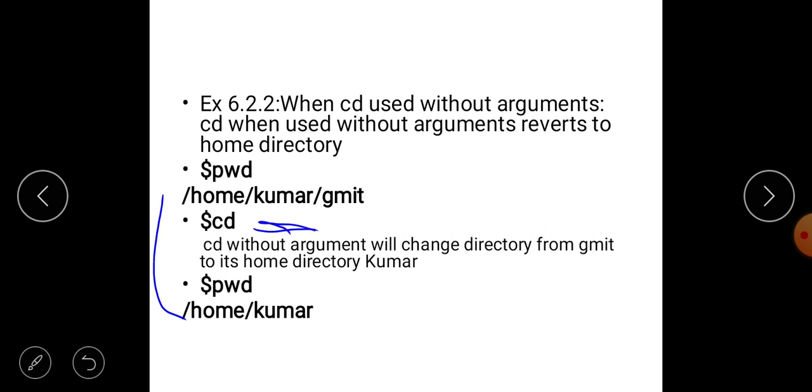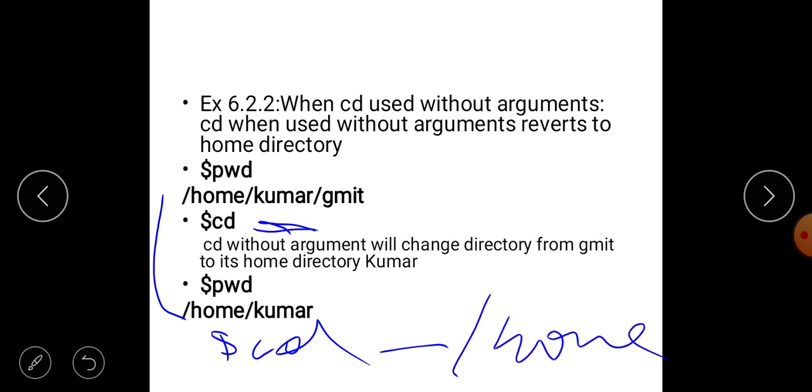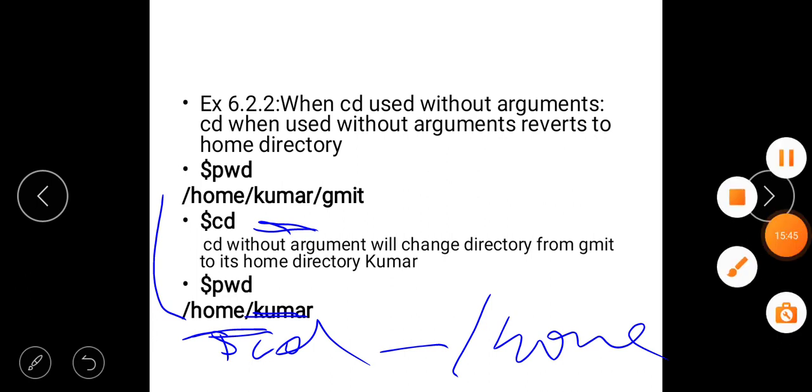Suppose now /home/Kumar is there, and you use cd with no argument. It will move to its home, so this part will be removed, and only /home will be printed. Okay, this is how we use cd.